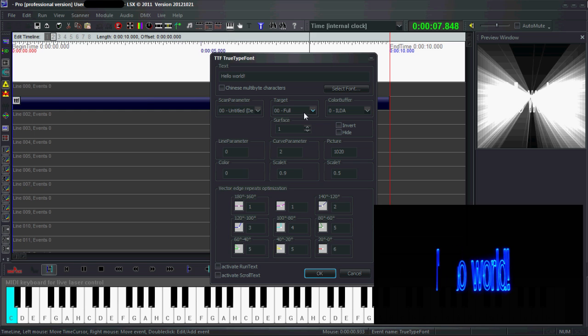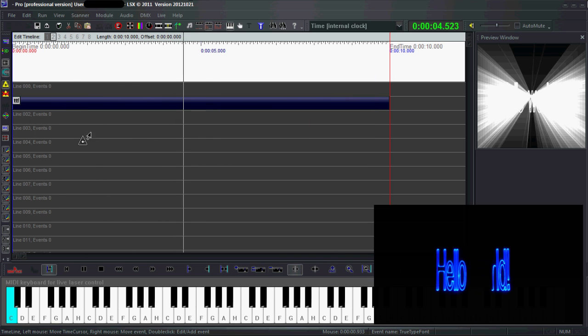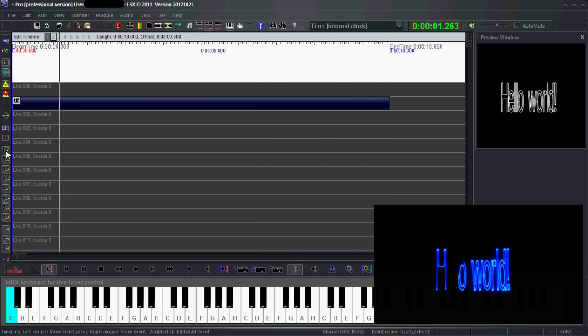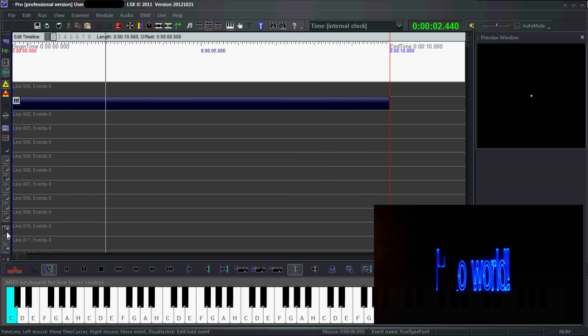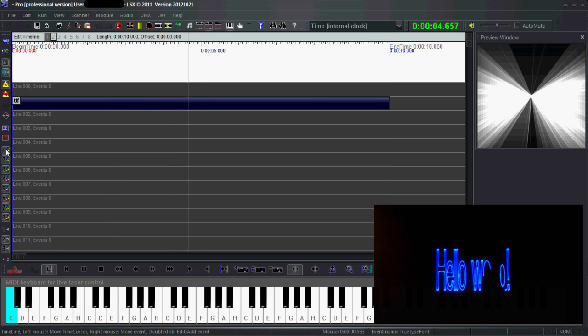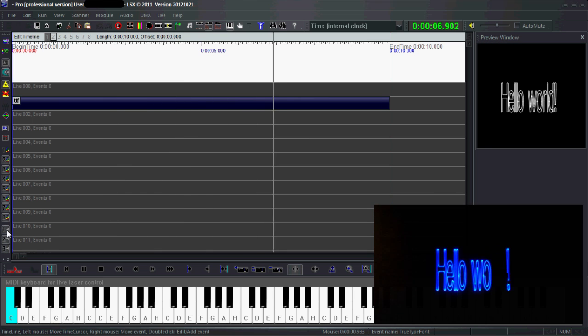As you can see, it does not look very good in the preview window. To fix this, press OK and go to these buttons on the left side. If I deselect this, the beams disappear. Similarly, there is one button for the 8 timelines. Similarly, there is a button that removes the graphic output, so you can have only the beams if you want to, but obviously I only want the graphic output. Okay, so